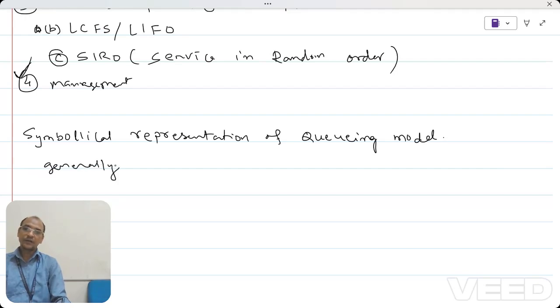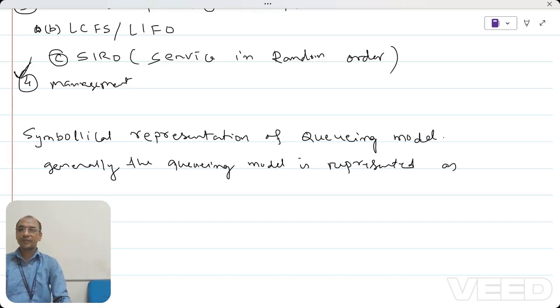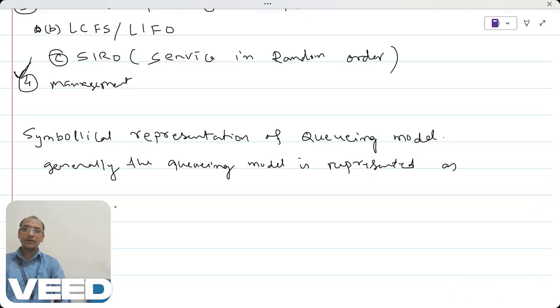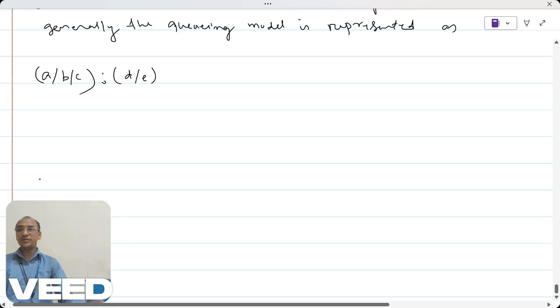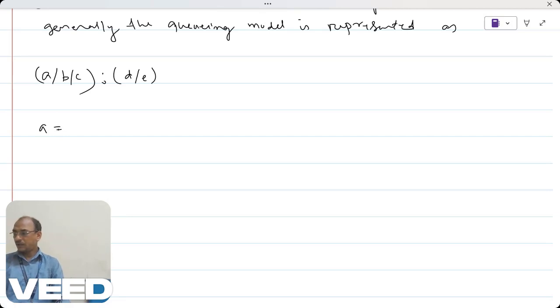Generally, the queuing model is represented as A/B/C : D/E. These are abbreviations, where A is nothing but the